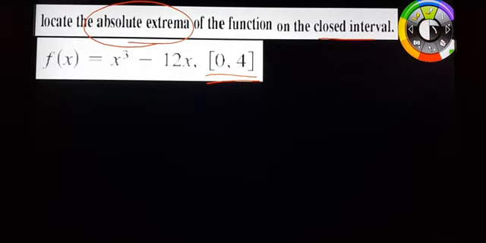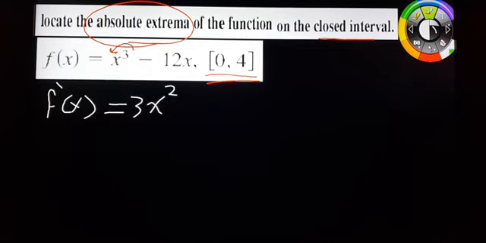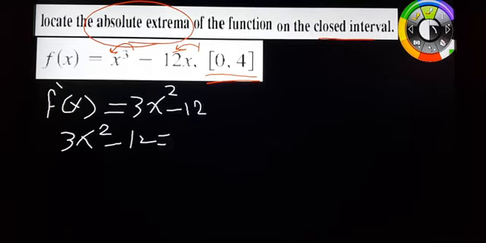To locate the absolute extrema, first of all, you need to derive the function. So we will derive the function here: x power 3, we draw the 3, so it is 3x, subtract 1 from the power, it is 2. Here it's 1 multiply 12, which is negative 12, and x will be cancelled. Then we will equate the derivative by 0